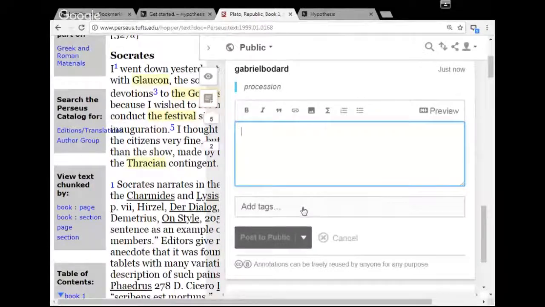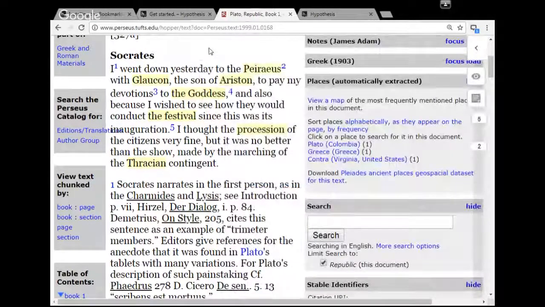And the idea of adding tags is those tags are more structured and could be actioned. We could search for anybody who has annotated a word with a Pleiades identifier using Hypothesis by searching in the Hypothesis API from Pleiades. That's one possible implementation of that, assuming the API allows you to do that. I haven't explored Hypothesis enough to do that, but that's the sort of thing that you do with annotations and with these sorts of tools.